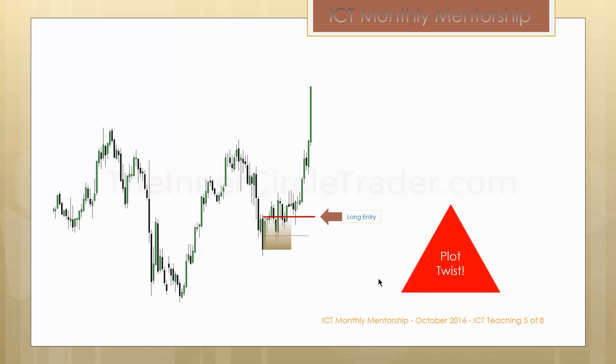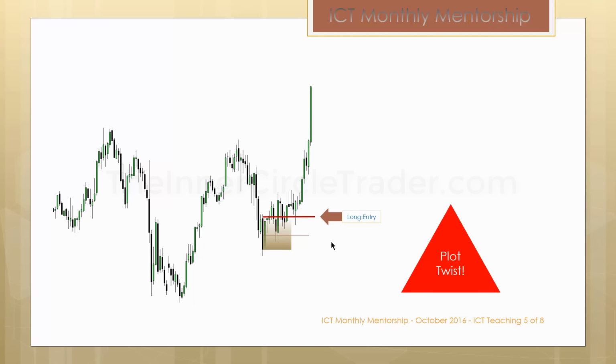What would you do? Obviously, I'm going to throw you a plot twist. You can say that you got stopped out here and you took a full 2% loss, or if you're a hot shot and you think you're really an elite trader, if you will, you risked more than 2%, you probably would have been burned pretty bad. And if you're a gambler and you risk a lot of money on your trades like that, and you don't feel any pain, that's a problem. But we don't need to take huge risks, and we don't need to take a lot of trades,